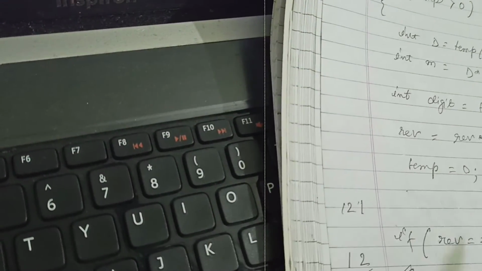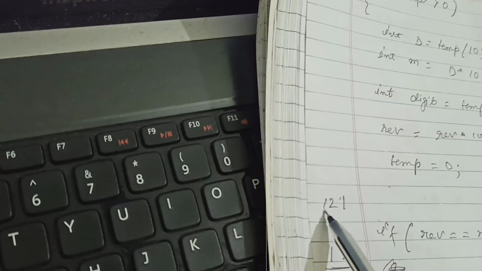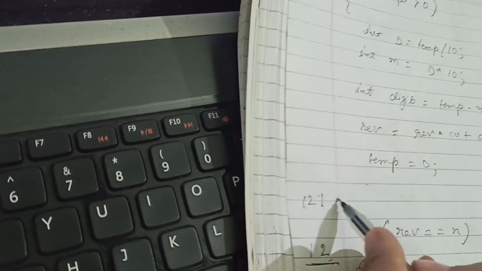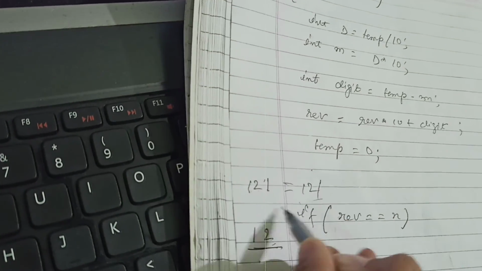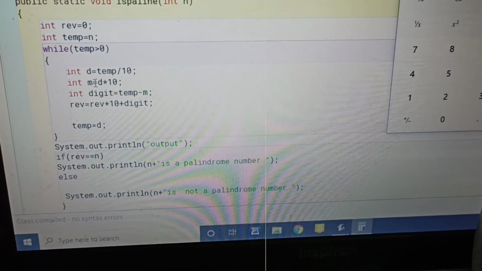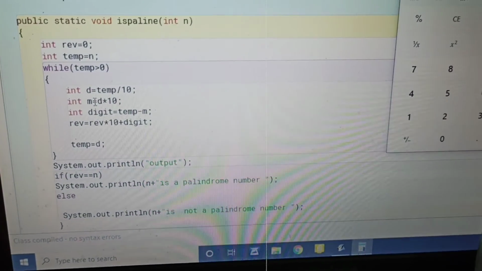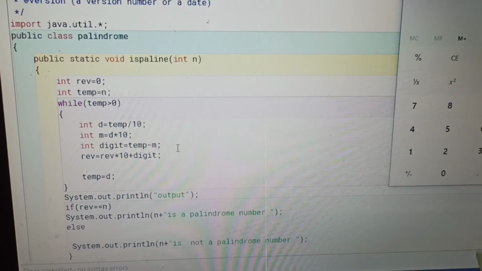The reverse value will come to 121, and it is equal to 121, the original number, from the if condition. Since 121 equals 121, it is a palindrome value.